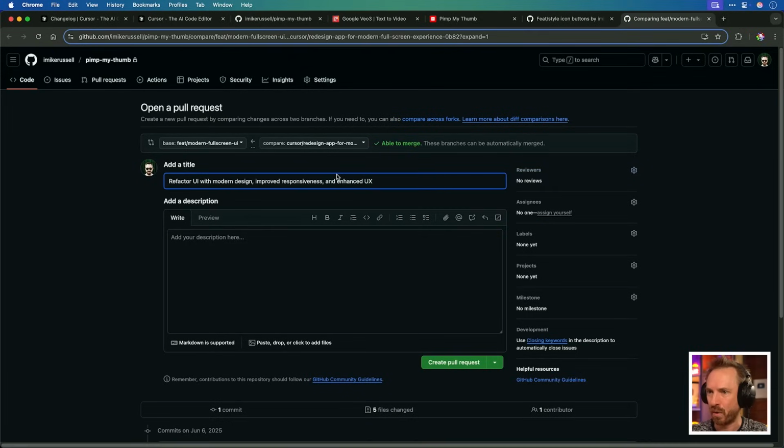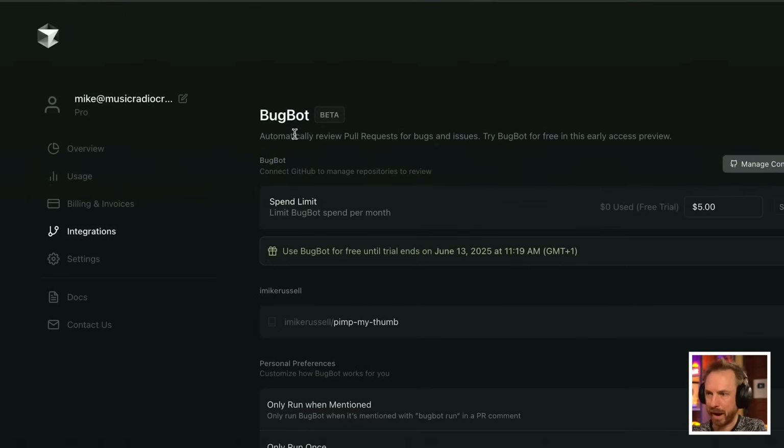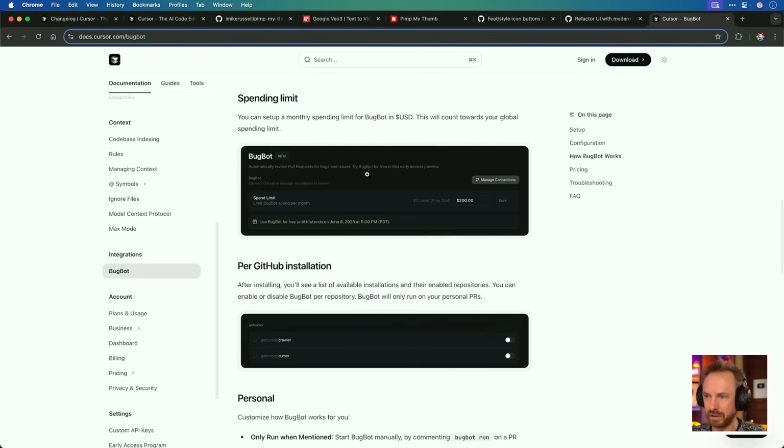And of course, we're right back here inside the Git repo. We can create that as a pull request. I'm really curious about this BugBot, and I haven't had any interactions with it yet, but I've noticed that I didn't enable it on the repo, so it's good to know I have to enable it on a repo by repo basis. Now also, if we check the very comprehensive documentation here,